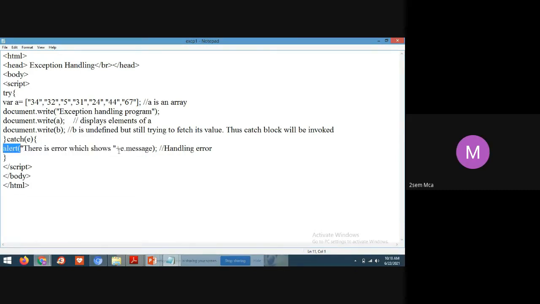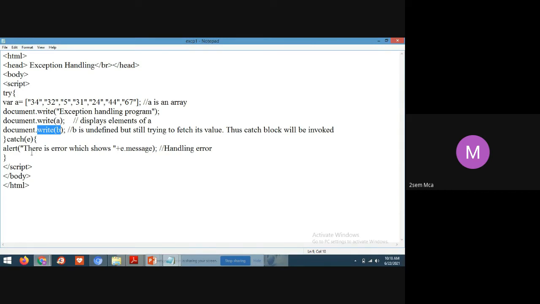What error message will it display? It will display the correct error message according to the error. What is the error? B is not defined. B is an undefined variable.